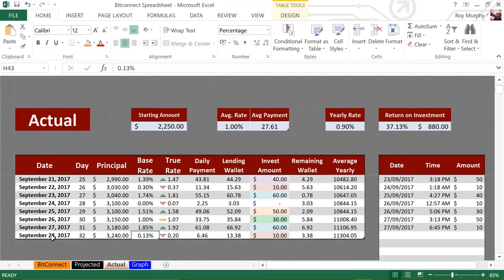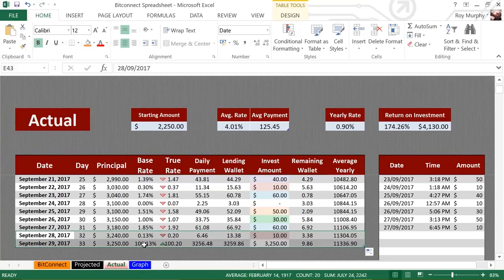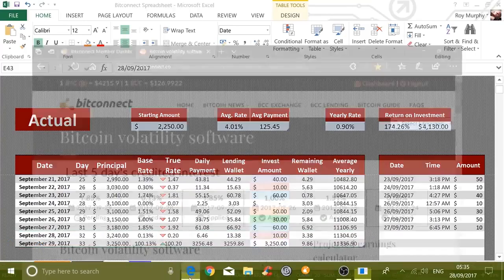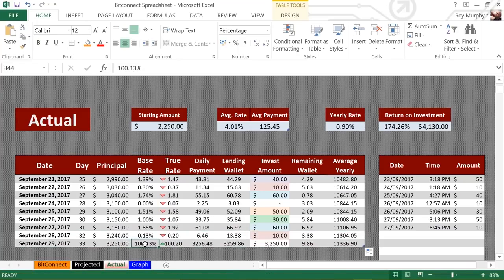So it's 1.85, so we need to create a new block. Use our trusty key to bring it down. It will automatically populate the dates. And it's 1.85, was it? 1.85. There's every other day, 1.85. So we click on the 1.85, we click on the base rate key. We stick in the 1.85 and it will calculate that tomorrow I get to put in $60 on day 33